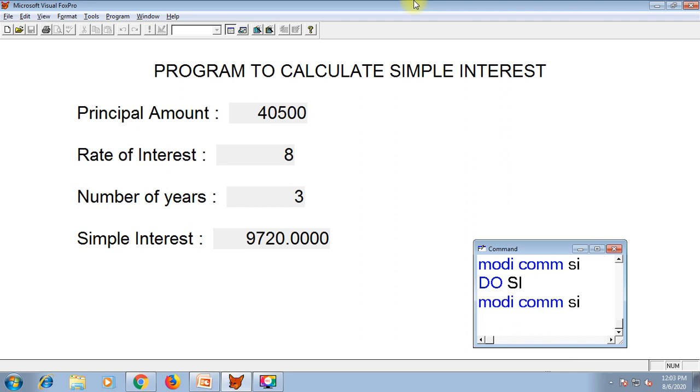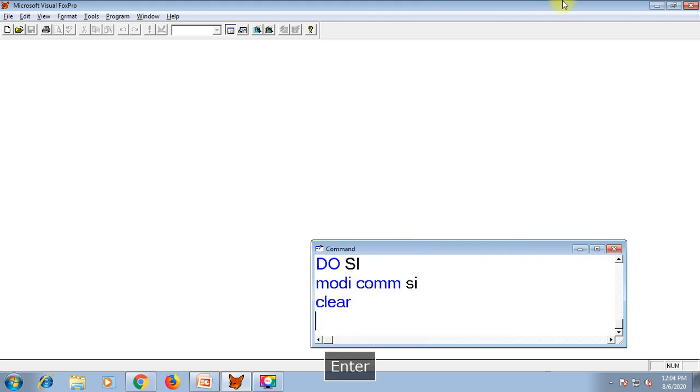So directly it allows us to enter the whole name. If you want to enter your full name, you can define a single variable, string type variable, and then you can enter your name. You can save your name in that variable. Let us try this from the command window. First of all, let us clear the screen.